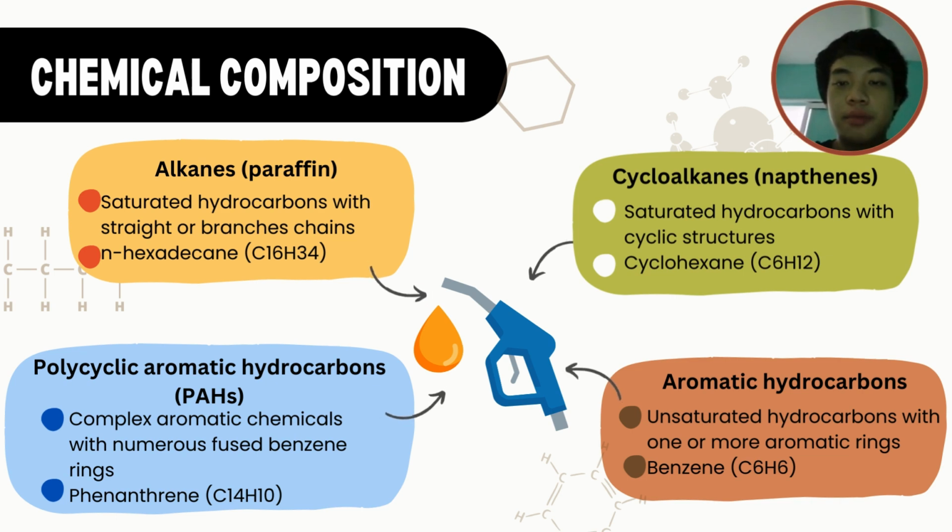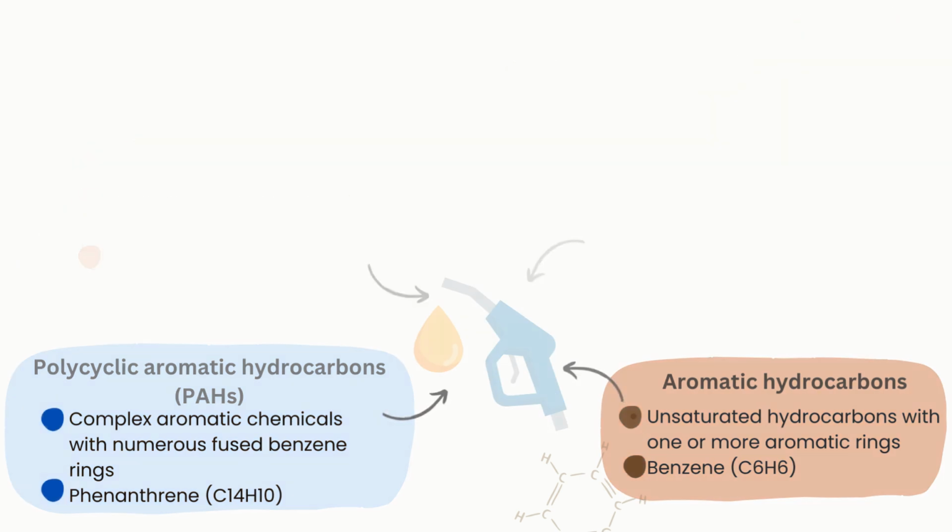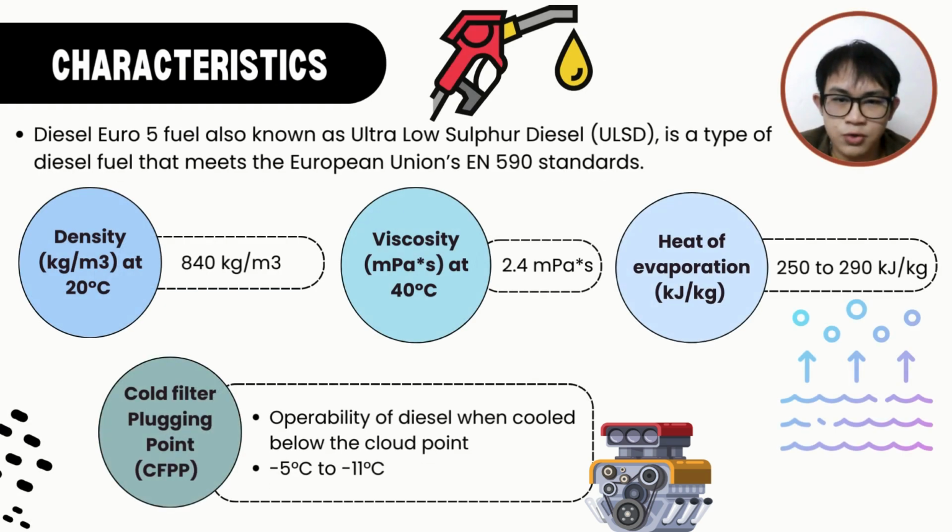Then the next one is polycyclic aromatic hydrocarbon, also known as PAH for short. PAH is a complex aromatic chemical with fused benzene rings. The example is phenanthrene. And the last one is aromatic hydrocarbon, which is an unsaturated hydrocarbon with one aromatic ring. The example is benzene. Diesel Euro 5 fuel, also known as ultra low sulfur diesel (ULSD), is a type of